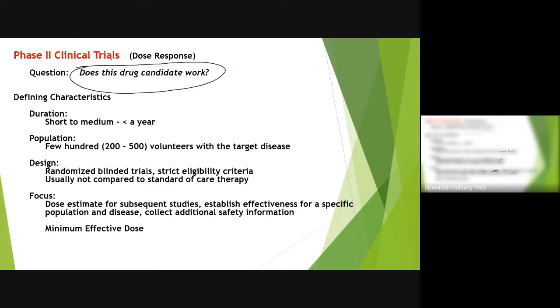That is called drug response. So we will look at a little bit more, a few hundred volunteers from the target population. Here, the result is more important, whether we are going to get the result we are looking for. What design? Randomized blinded trial. Blinded trial, I already told you, blinded means the person will never know whether she or he got the drug correctly or not. This is important. So a blinded trial is conducted.